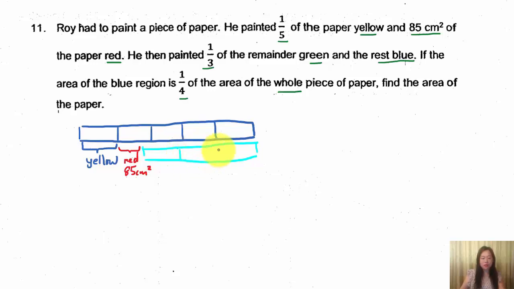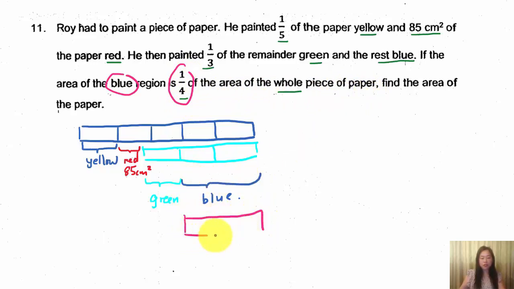And let's cut it somewhere here. Okay, so here 1/3 is green, so I'm going to label this as green, and the rest are blue. So this will be my blue. And the interesting thing now is that the blue portion is actually 1/4 of the whole piece of paper. So what it means is this blue portion is actually 1/4, and the rest is actually